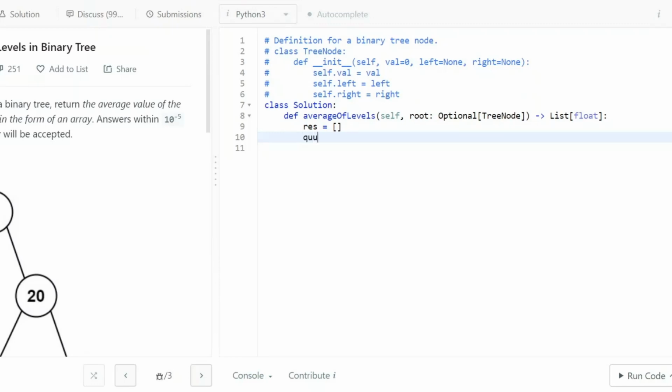Python has an inbuilt library called deque, and this deque is an inbuilt queue structure. A queue follows the first in first out principle, so we want to remove the first element in the list. So this deque is an inbuilt Python library that allows that. But first, we are going to add our first element in the tree, which is basically the root element. We're adding it to the queue, and while our queue is non-empty,